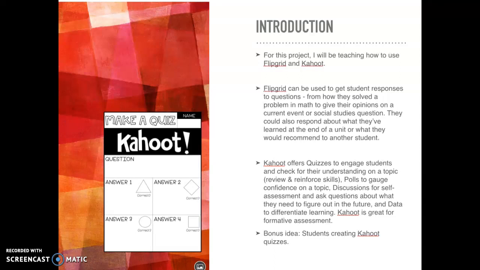So Flipgrid can be used to get student responses to questions, from how they solved a problem in math, to giving their opinions on a current event or social studies question. They could also respond about what they've learned at the end of a unit or what they would recommend to another student. Kahoot offers quizzes to engage students and check for their understanding on a topic, to review and reinforce